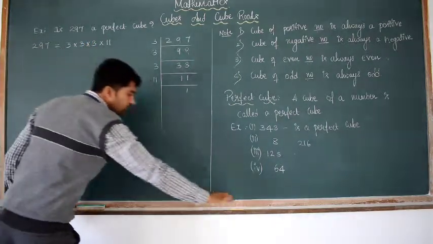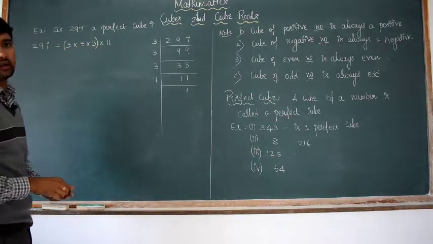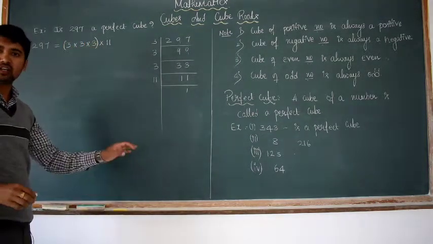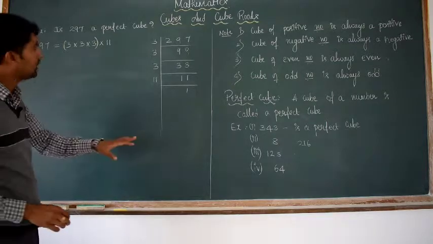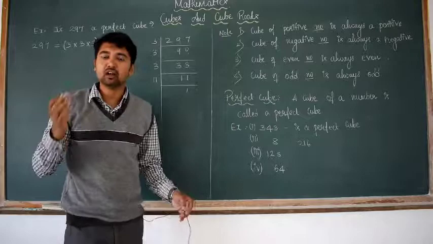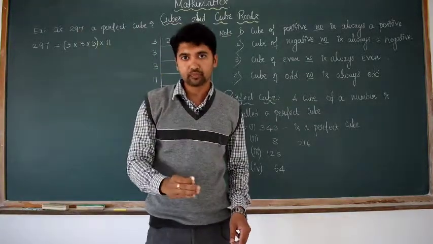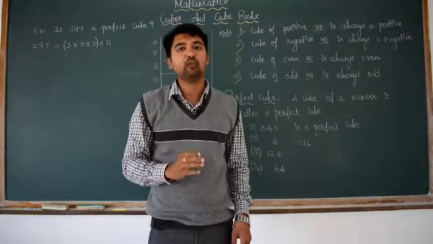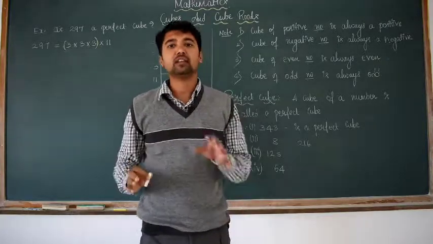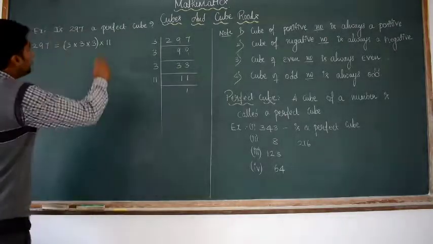So dear students, observe here, we have a factor called 3 which is in triplet, but 11 is not in triplet. That also should be in triplet. Whatever different type of factor you get, that should be in triplet form. Then we can say that the given number is a cube number. So since we don't have it here,